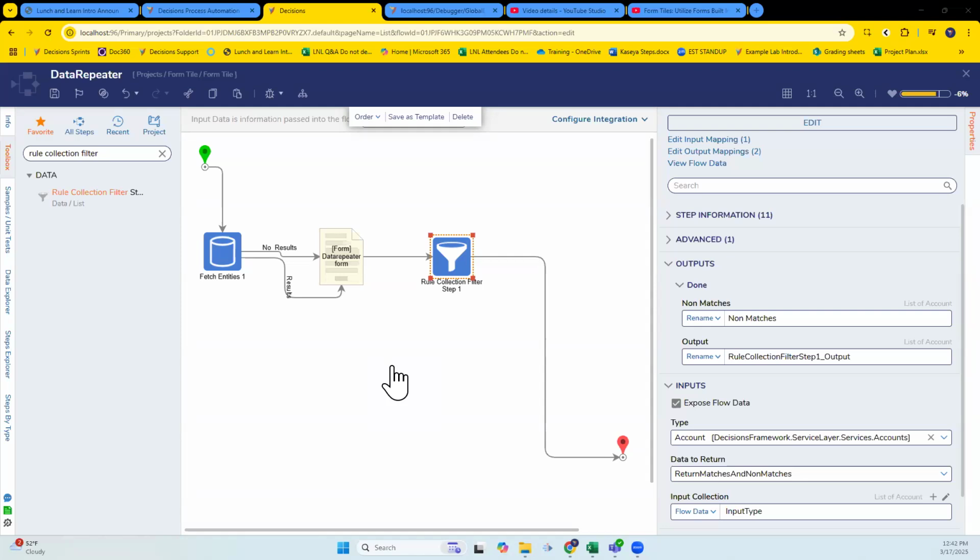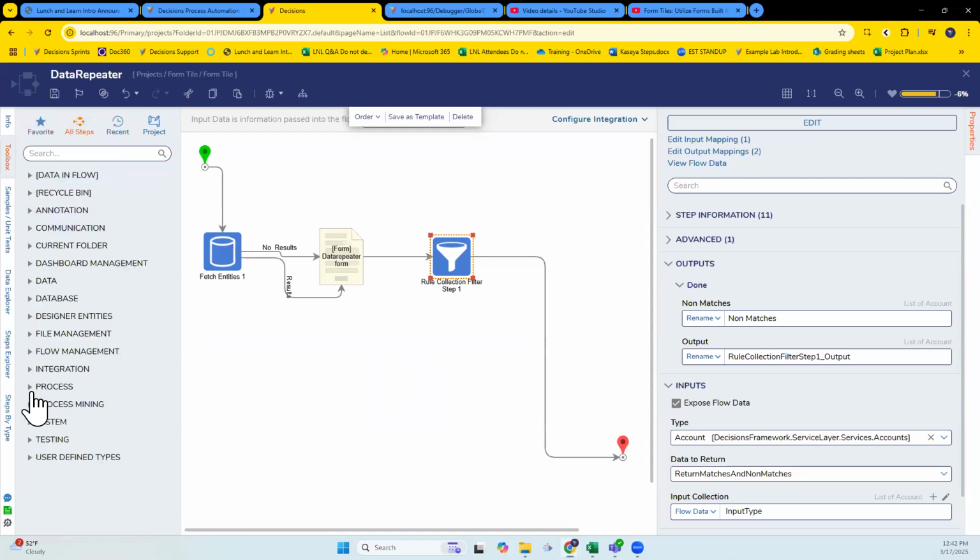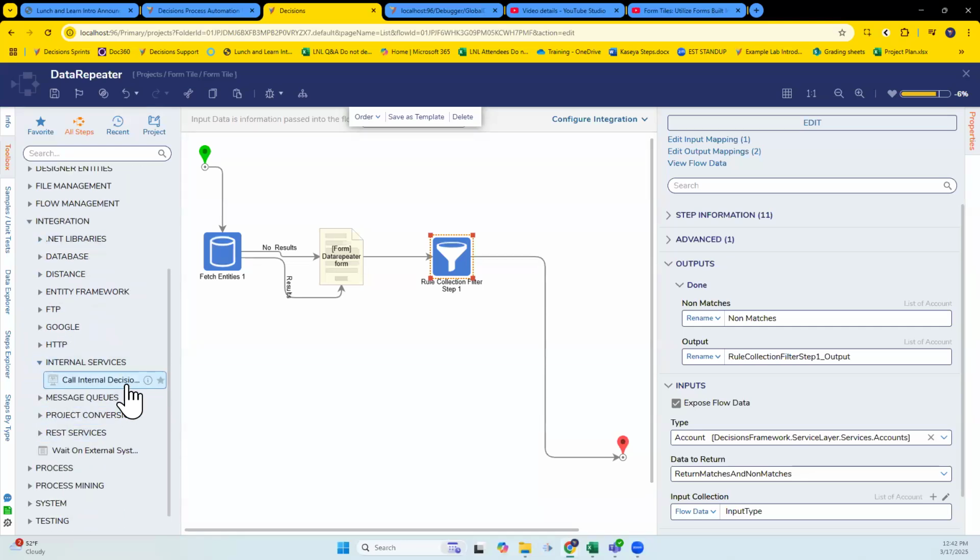Robert, Gregory, hey, what's up? You would want to look in the call internal services. There is a maintenance mode service. Ooh, thank you, Jeremy. So I think you can actually turn it on in a flow from that step. Okay, I was going to say it feels like something that should just be there, like a true or false, on off, right?